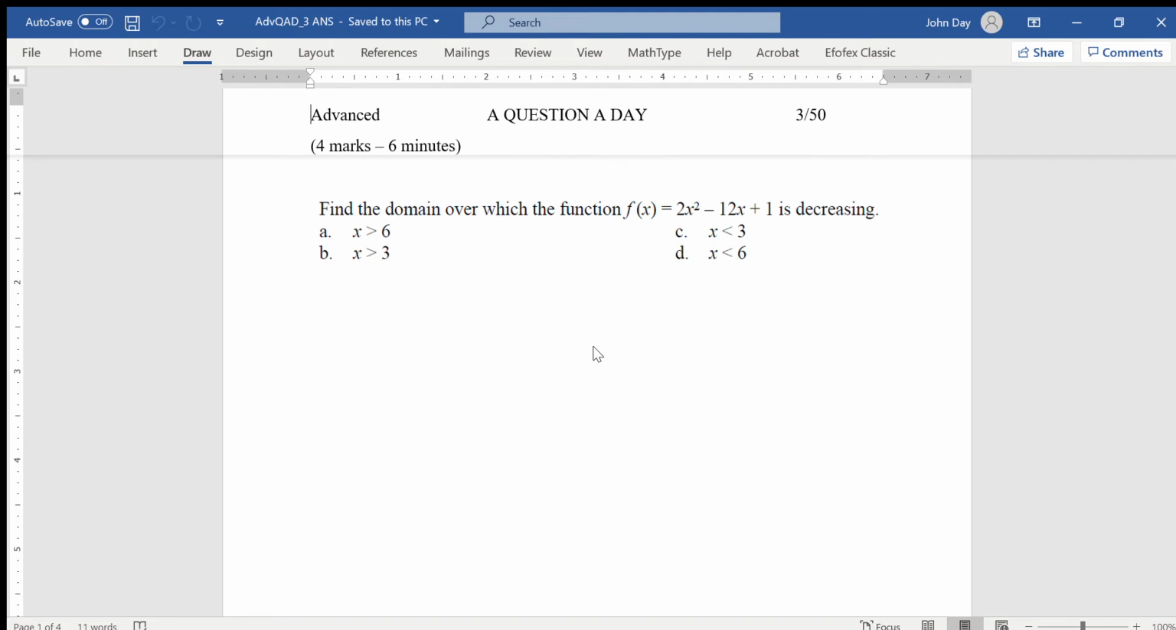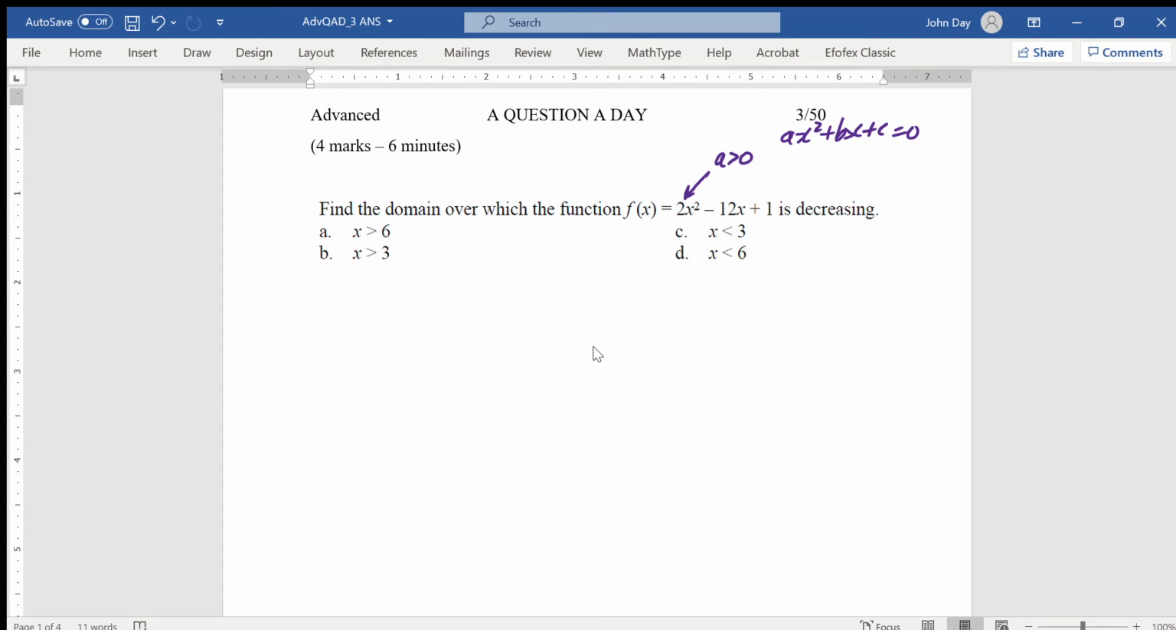Find the domain over which this function is decreasing. Okay, so there's a few ways to do it. I can see straight away that because there's a positive number in front of the x squared, that is, a is bigger than 0 in the quadratic equation ax squared plus bx plus c,